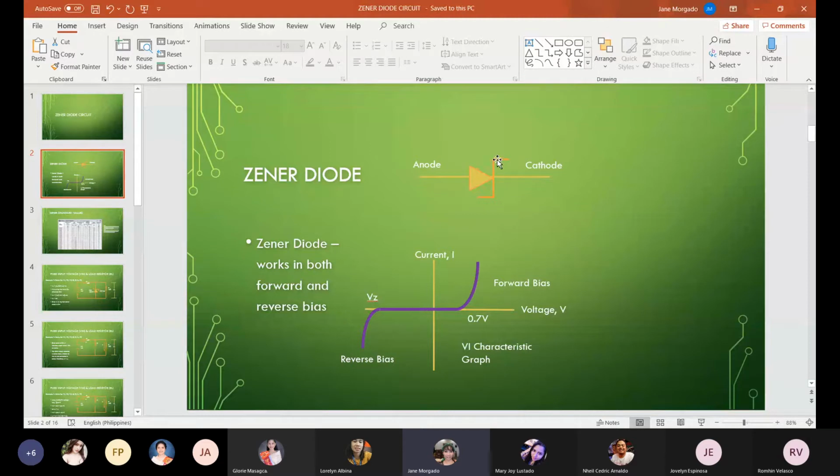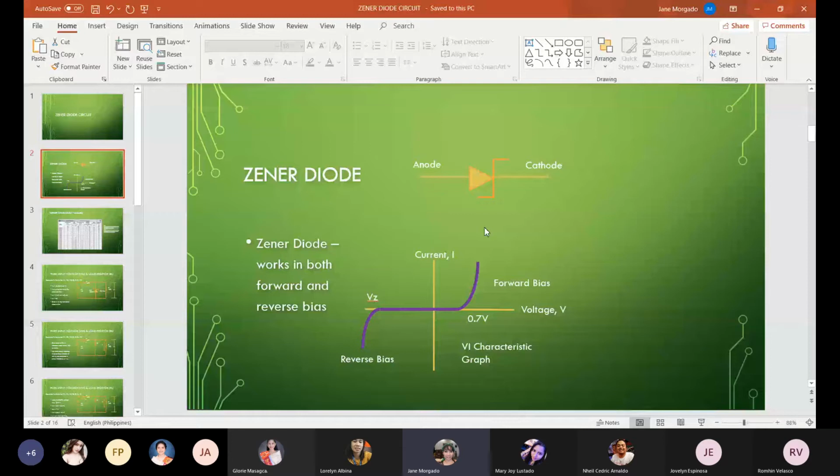So here, almost the same symbol as the ordinary diode, the rectifier diode. It's just that letter Z, no? Parang letter Z yung ating cathode, to signify that it is Zener diode. How does it look? It looks basically the same as the ordinary diode, lalo na pag block yung body niya. Hindi mo mapapansin, hindi mo mabasa yung number, kung if it is a rectifier diode or Zener diode. So basically the same.